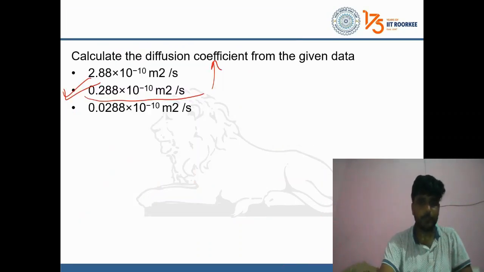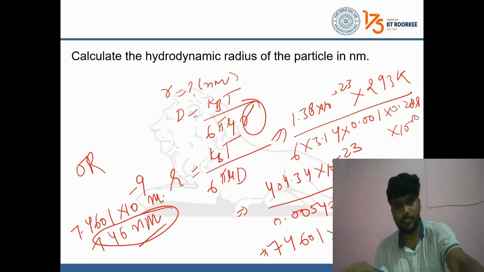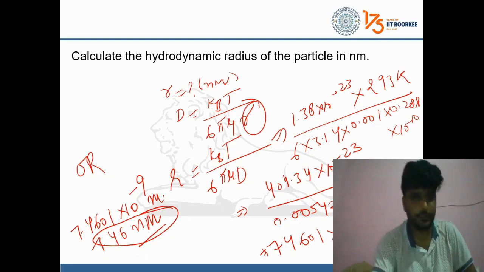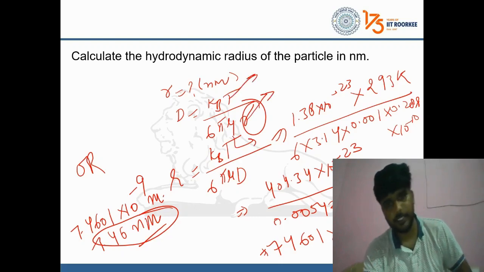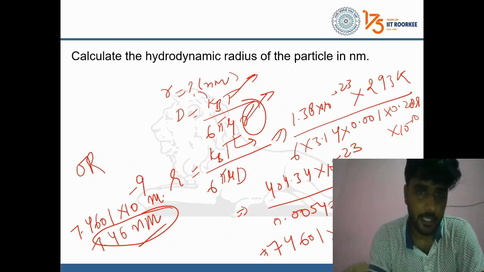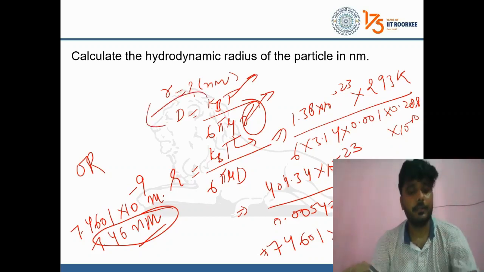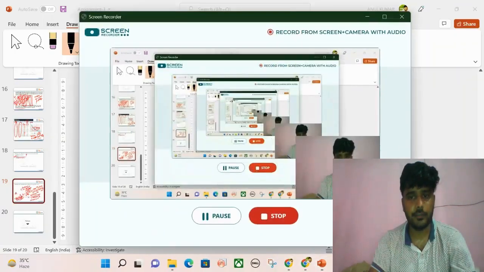And from that you can simply calculate the hydrodynamic radius of the particle by using this simple formula, that is D is equal to kBT by 6 pi mu r. Mu is the viscosity, that is also given here. R you have to calculate. T is the temperature, already given in the question. The Boltzmann constant is already given, and the pi value is 3.14. So this is all about the